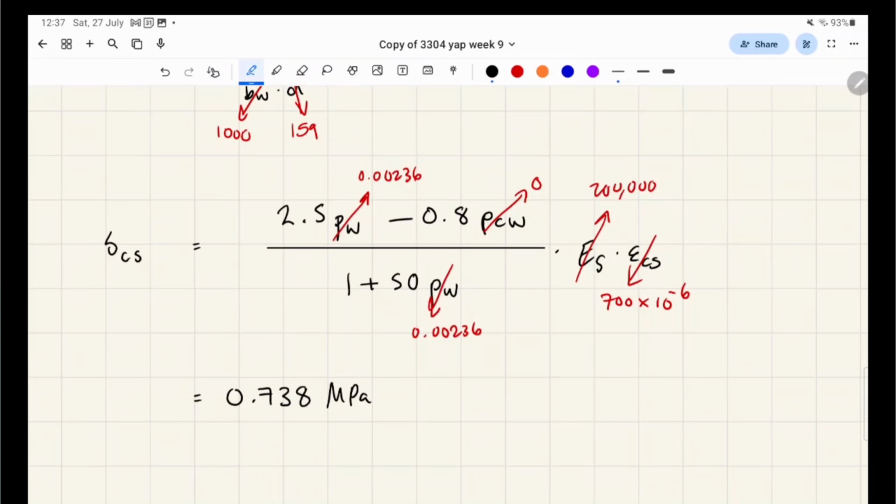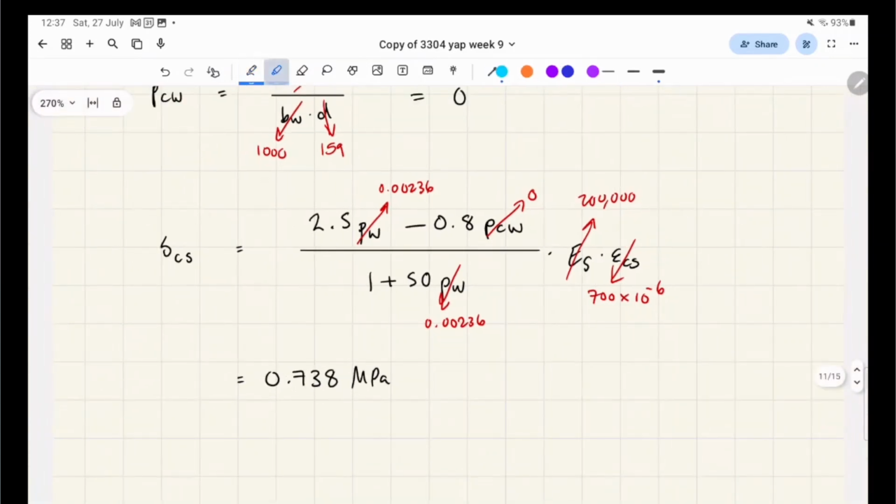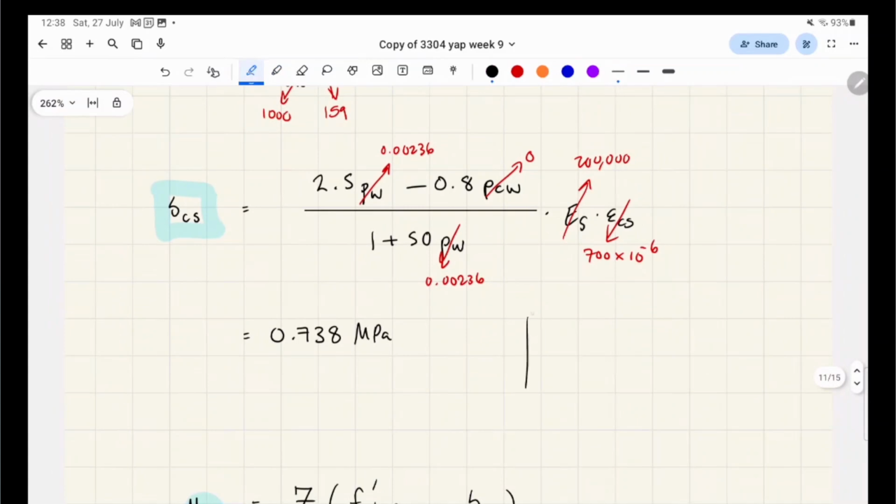MPa. So this value is actually the shrinkage. It's due to cement shrinkage. But basically, when you have an uncracked concrete section with tensile steel like that, or whatever. Actually, it doesn't matter if we have steel in there. Oh, it kind of does. Okay, I'll leave it in. Basically,